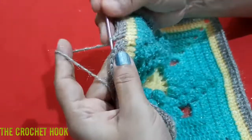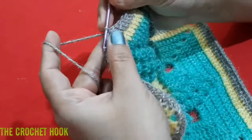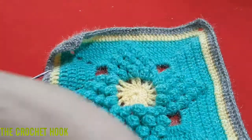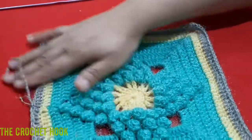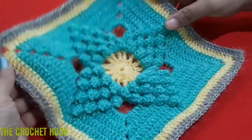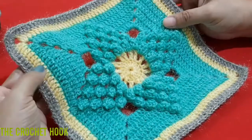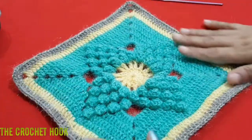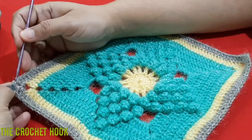So then insert the hook in this top third chain, work a slip stitch to join this round here, and I'm securing the knot and cutting the thread well. That finishes this pattern. You can add colors of your choice, whichever way you want. It's a very simple square pattern and yet it looks so elegant. There are enormous possibilities with this square, and also you can increase the size of the square by adding the rounds,